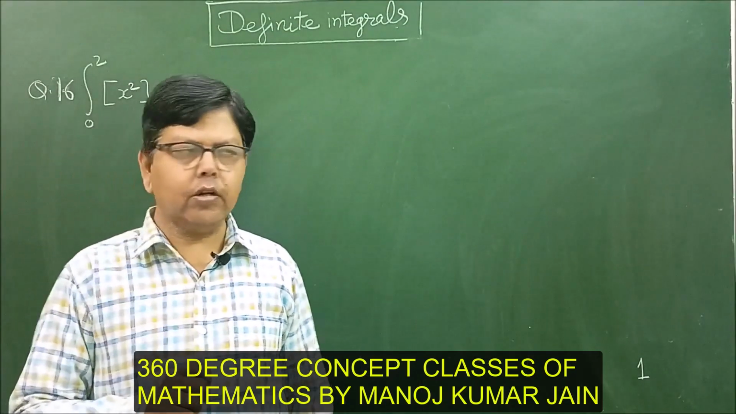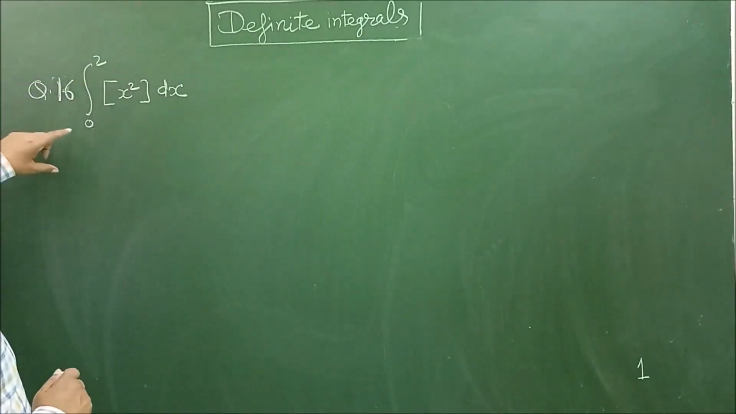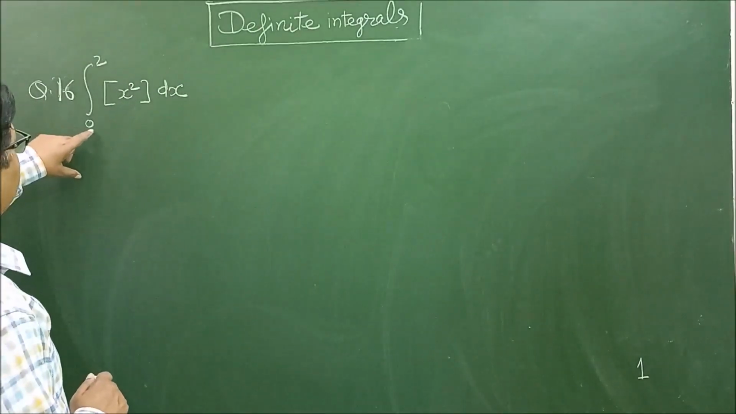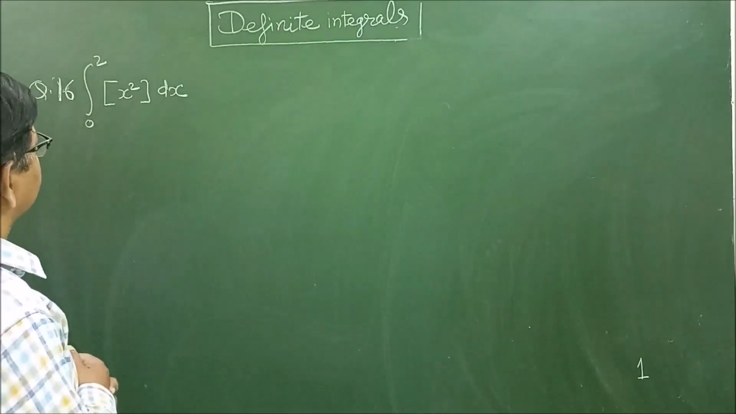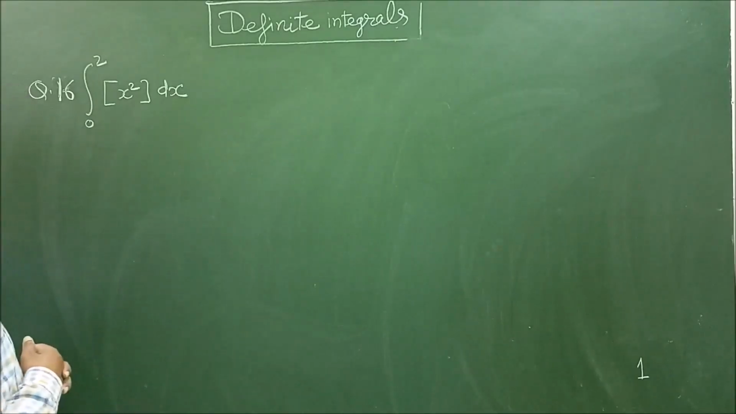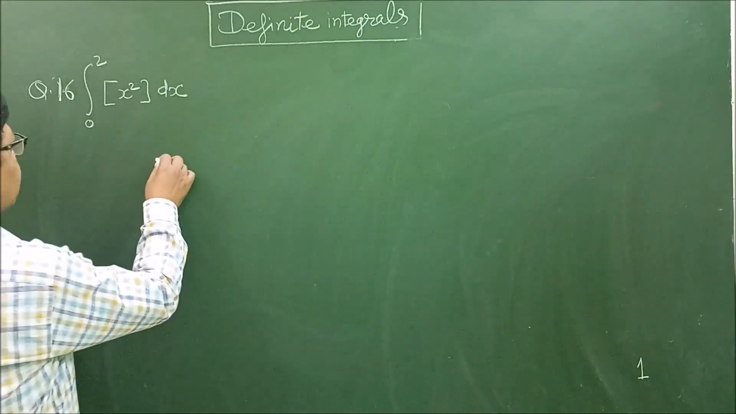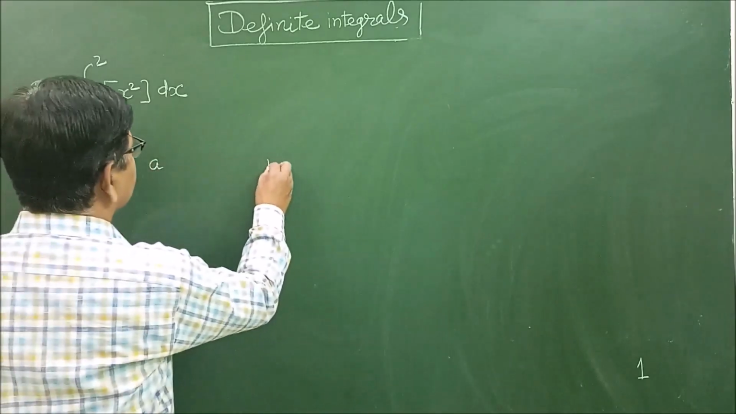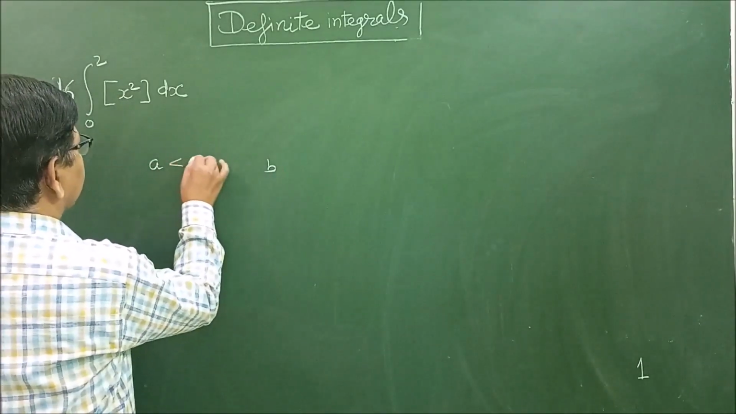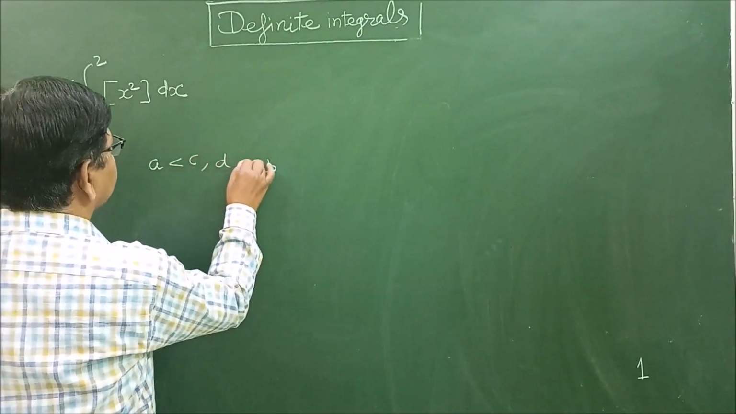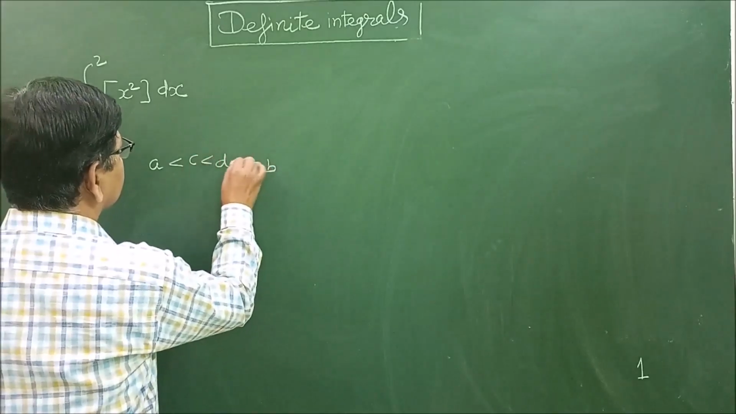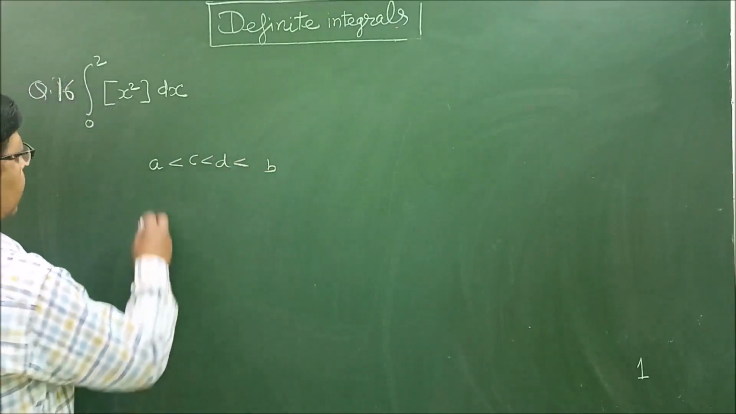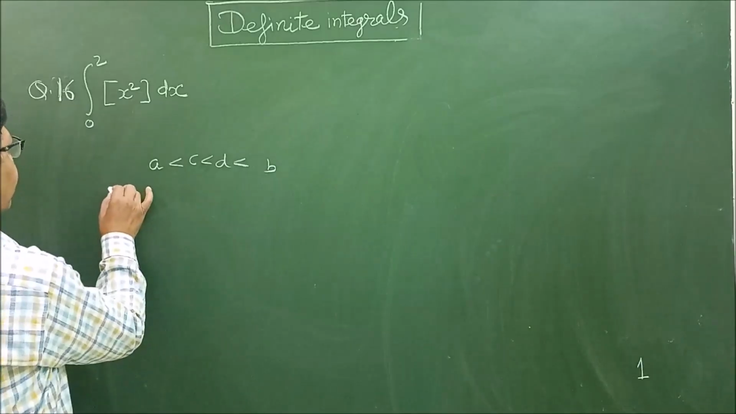Next question, question number 16. Evaluate the definite integral 0 to 2 greatest integer x square dx. And now if there are some points between a and b, let the points be c and d, then we can use the property